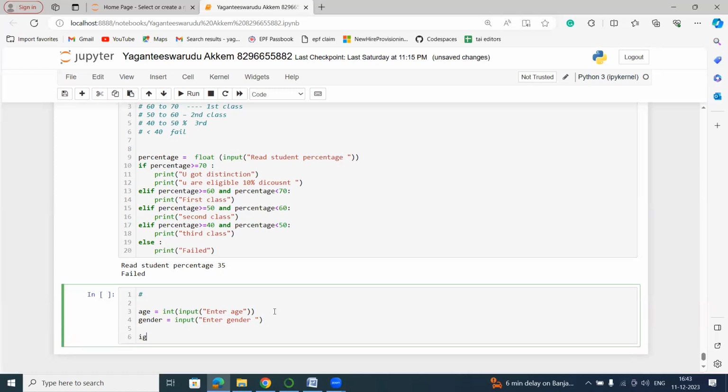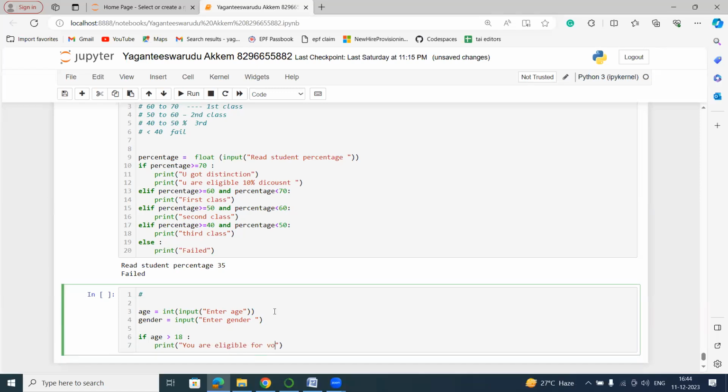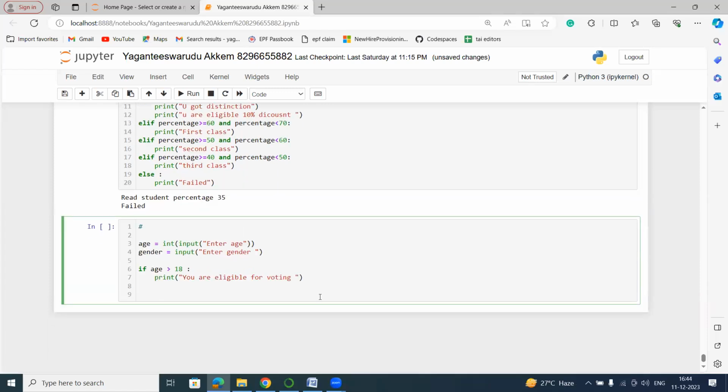And if age is greater than 18, that is one condition I want to check. After checking the condition, I'm writing something: print you are eligible for voting, whatever logic you want to write. After writing that, again inside I want to check some more conditions. If gender equal to male,